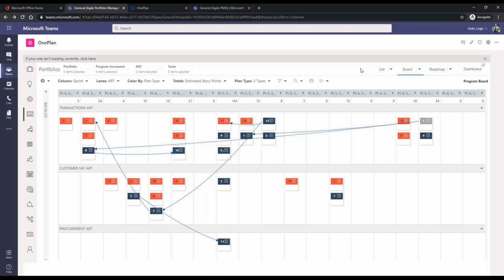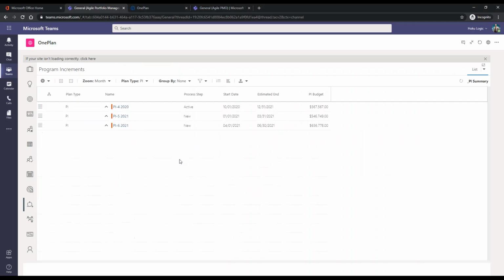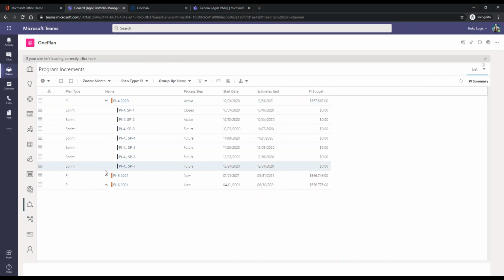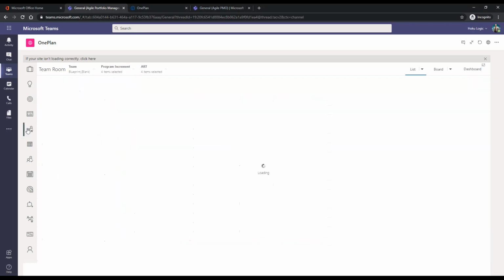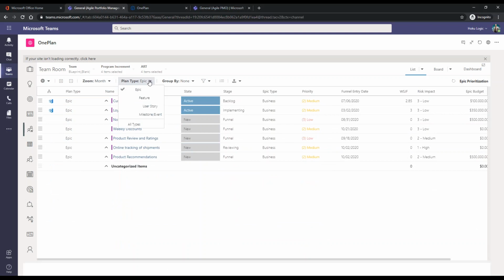So from that standpoint, this is that third level that I said we were focusing on, which is really enabling PI planning. If we wanted to get to some of the other capabilities, I'll go and just talk about increments where we define them. But not only that, you can see that here we have our releases on our sprint. So if we wanted to, put in our releases, we can actually do that. And from a PI planning standpoint, we've also incorporated,